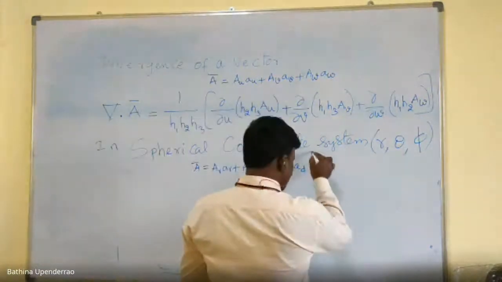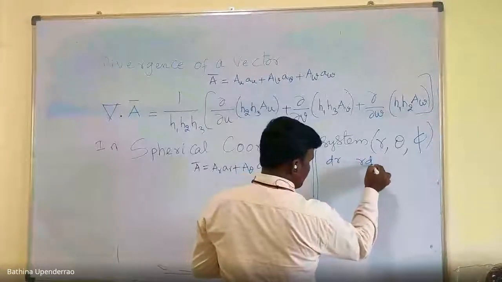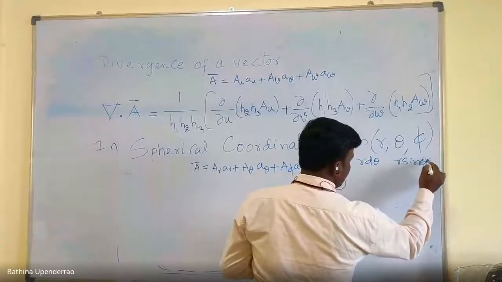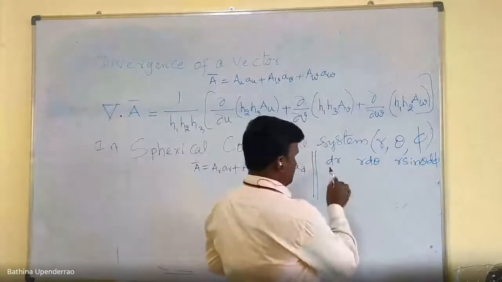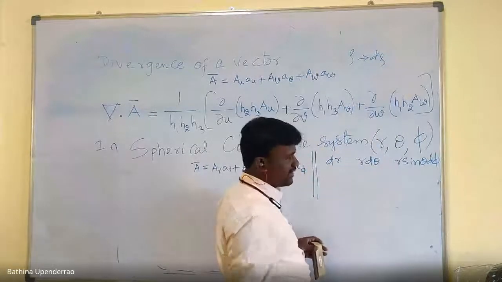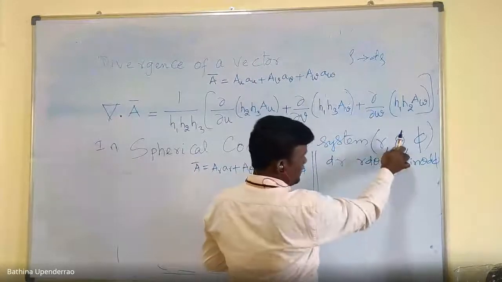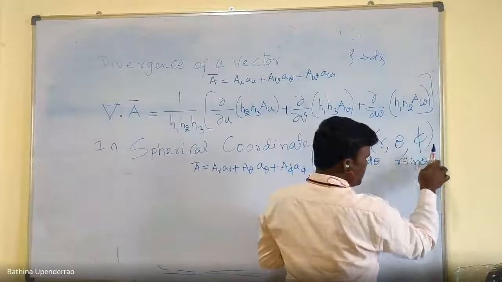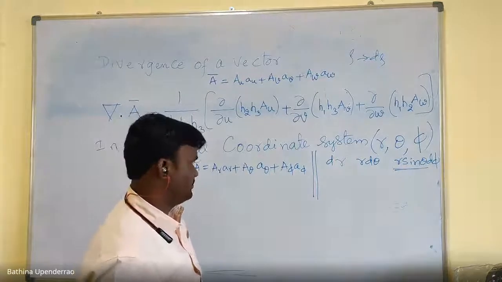Here write down the differential elements also. I am writing here the differential elements: for r, dr; for theta, r d theta; for phi, r sin theta d phi. And you can remember it like this also. For rho d rho, rho is the radius of the cylinder, and r is the radius of the sphere. Both are radius, that's why for rho d rho, for r it becomes dr. For theta d theta, this theta is the angle made by whom? r. And phi is the angle made by whom? The projected component r sin theta in the xy plane. You can remember it like that.